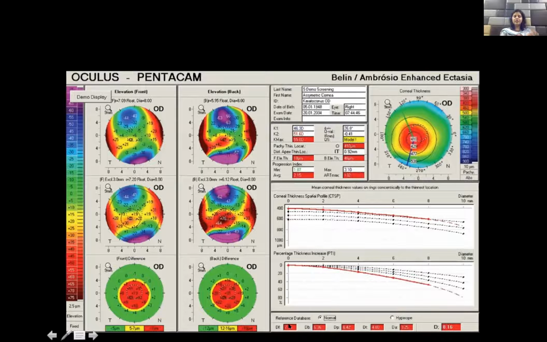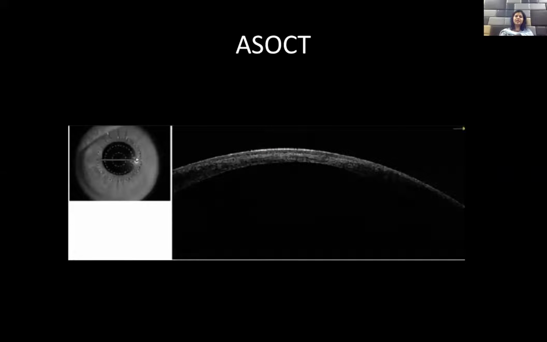So basically, if you see yellow, that means the topography of the patient is borderline, while if it's red, you know that it is abnormal. These maps are made with years of experience, wherein there is complex mathematical software, and they have devised numbers which are considered normal. And if the patient's topography does not fit into them, then it tells you it's abnormal, or borderline. So this again is very important for pre-LASIK screening.